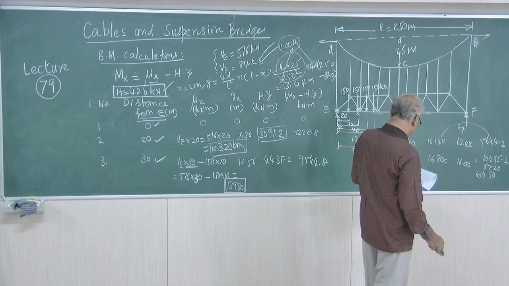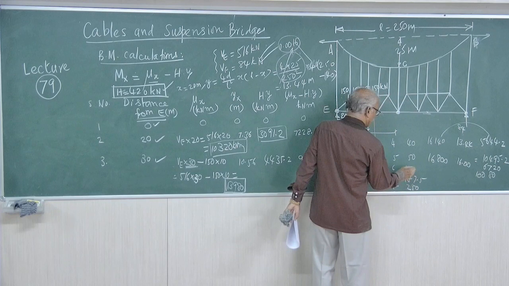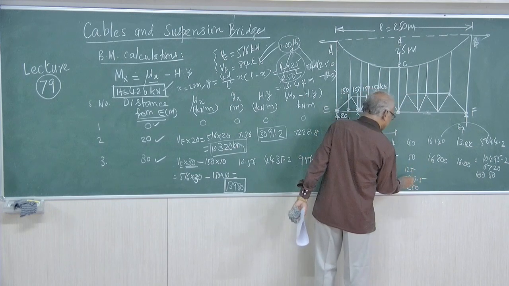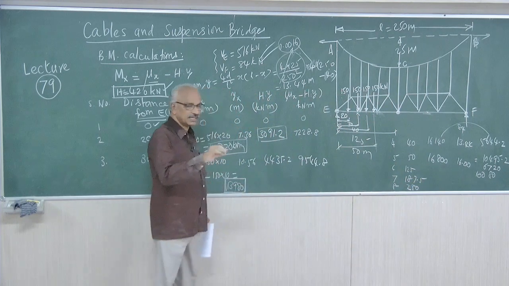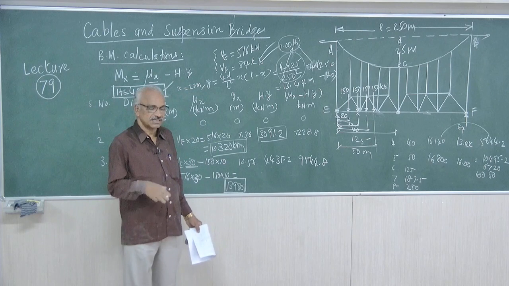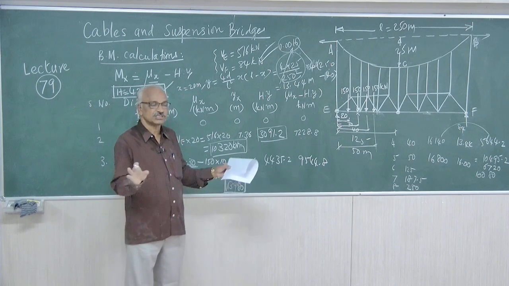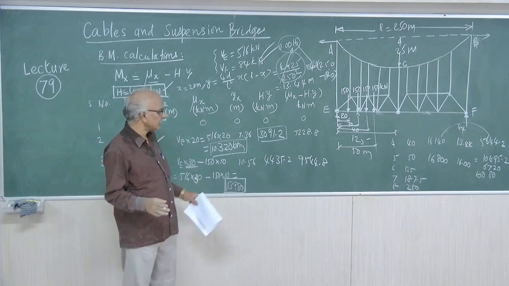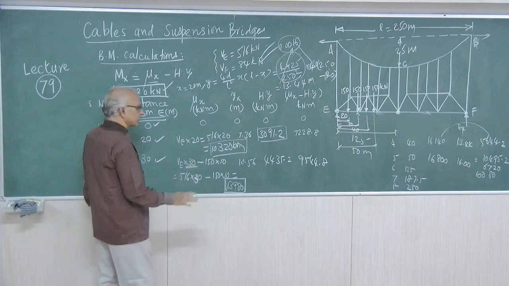That is correct. 50 meters, it's correct. 6720 and 10,000. Similarly, you have to calculate the values for 125, 187.5 and 250. So, to avoid repetition of calculations, I will just draw the bending moment diagram and parallelly give you the values. Viewers can, I think, easily understand instead of repeating. So the same thing we will have to do for all values, salient points.